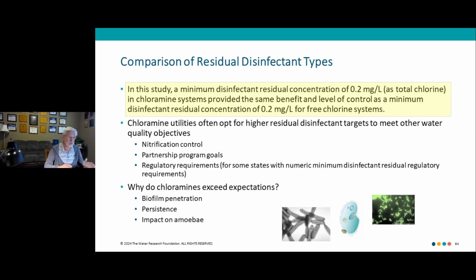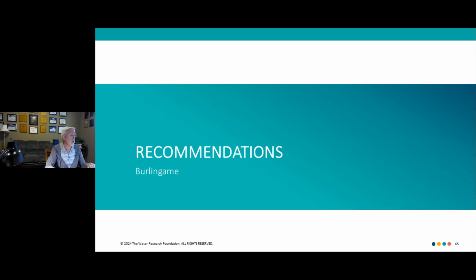In fact, a lot of research has shown that chloramines, in fact, are particularly beneficial for managing Legionella. We think there's some mechanistic research why that may be the case, and that studies particularly, because we focus on Legionella, not the amoeba that Legionella grows in, the disinfectant residual, we have an opportunity to basically understand why chloramines are so effective. And I'll turn it to Gary to kind of give some recommendations.